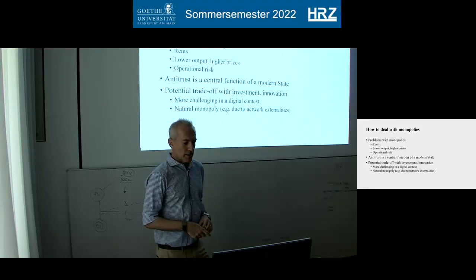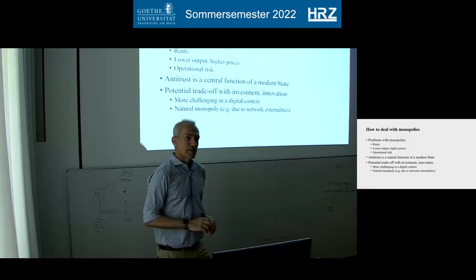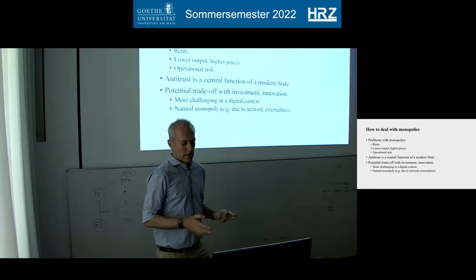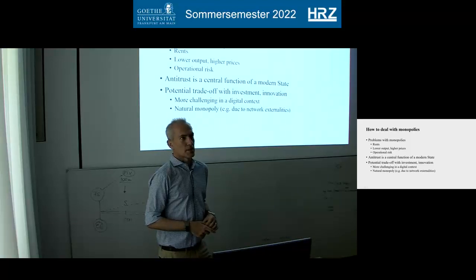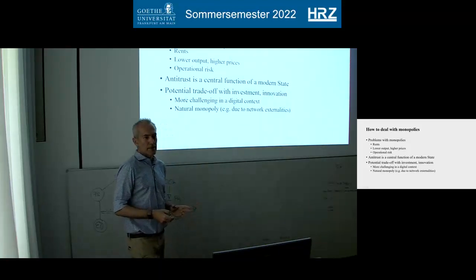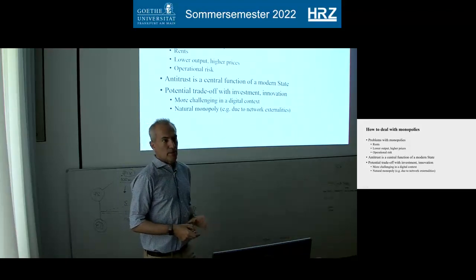There is another aspect which is also important, which is the operational risk. If there is only one supplier of something and that supplier has a problem, then the whole economy may have a problem. If there is only one supplier of electricity, and that supplier has some kind of problem, then you have a blackout and the electricity disappears. So there are some crucial sectors that may disappear if one provider, for some reason, doesn't provide. While if you have 2 or 3 providers, at least one can jump in for the other. But if it's only one, then